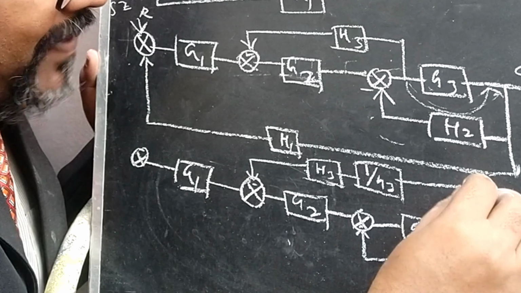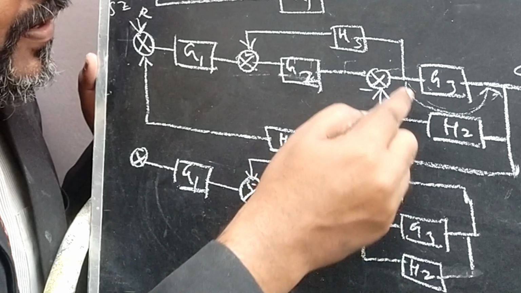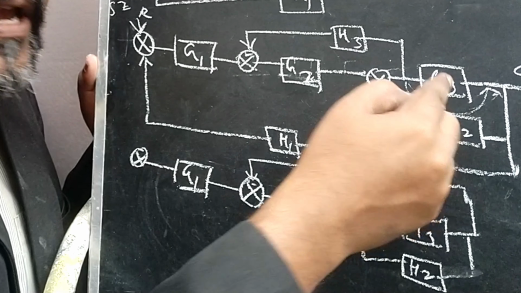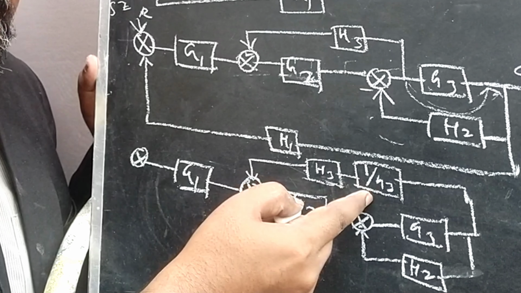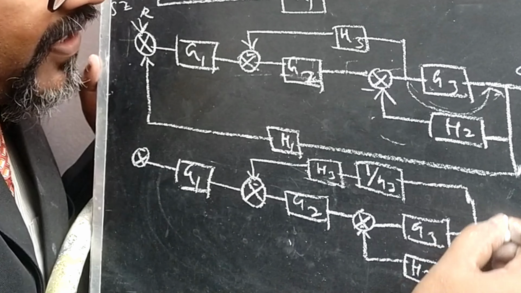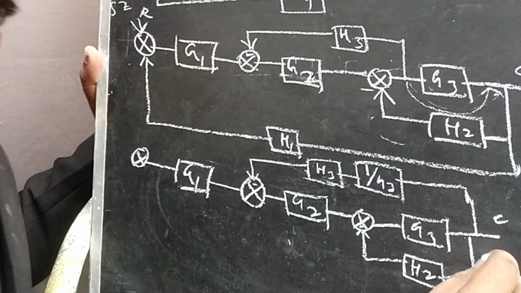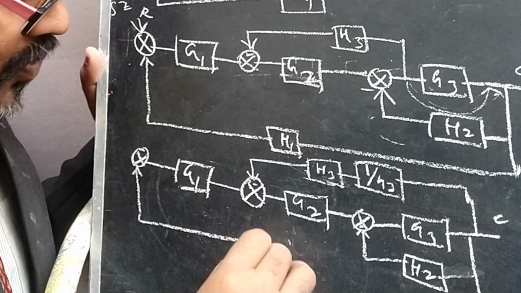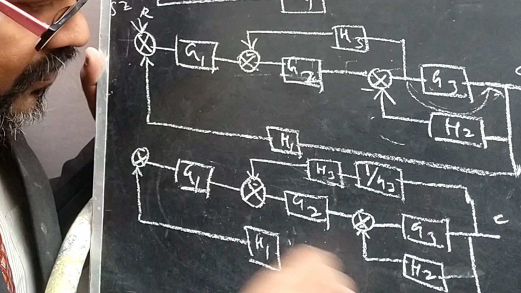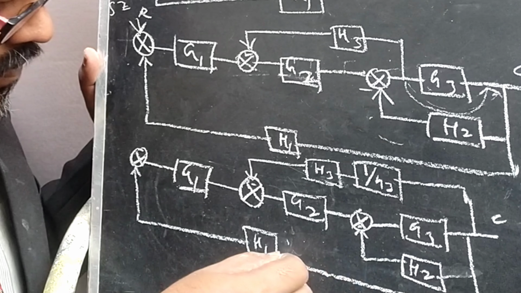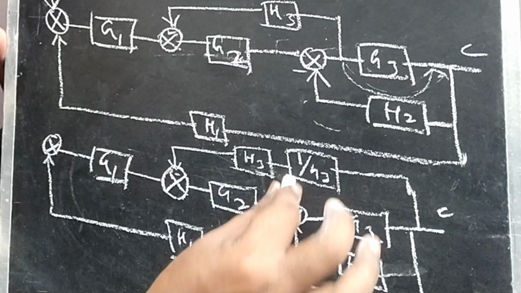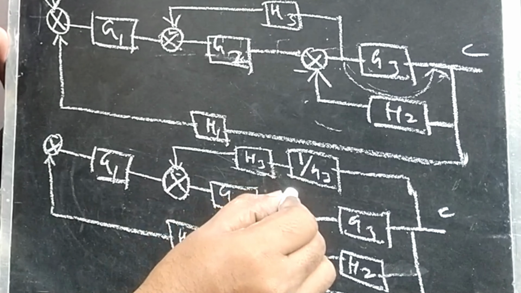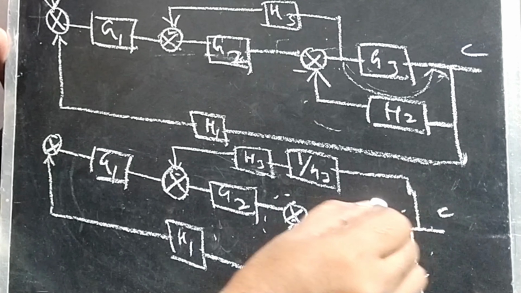Why do we put the multiplication by 1 by G3? Because we are jumping ahead of the block. We are jumping the G3. So that is why I put 1 by G3 here. So we got the equation like this. Then it is very comfortable. Then don't forget, here it is also there, H1. We are shifting the branch point here, so that is why we are converting. Then look, this particular thing is considered as the feedback loop.